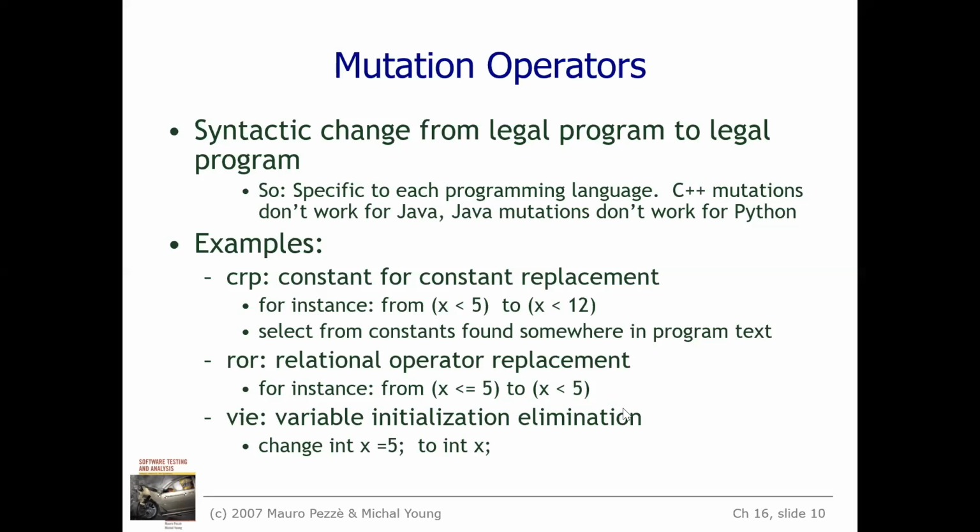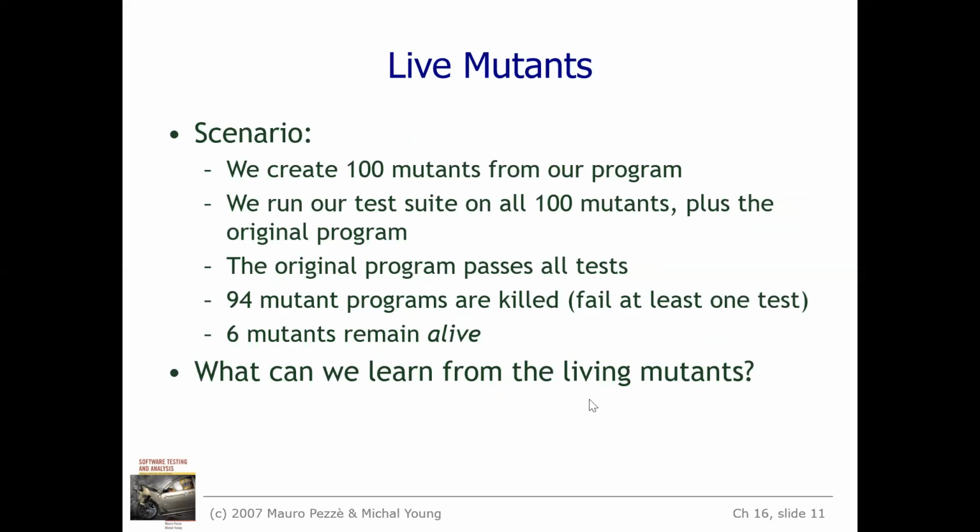So these are all the changes that we are making. A simple scenario has been given. We create 100 mutants from the single program we have. It may have 100 lines of code, or 50, whatever it may be. So 100 mutants have been created from the application program we have written, and we run our test suite. Our input will be fed to all the 100 mutants plus the original program.